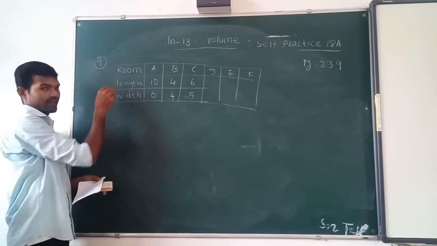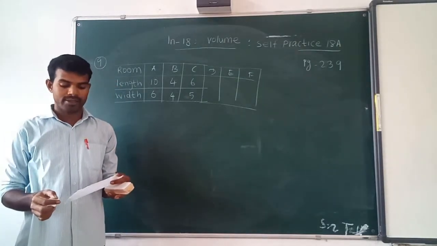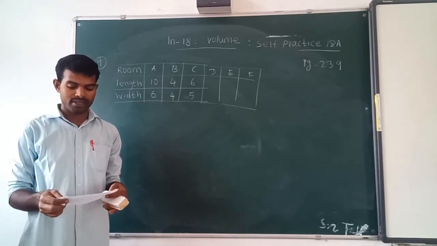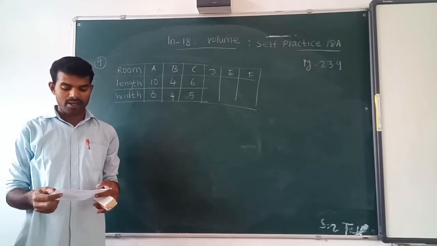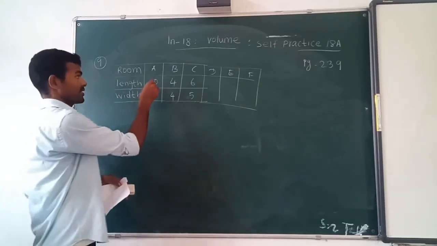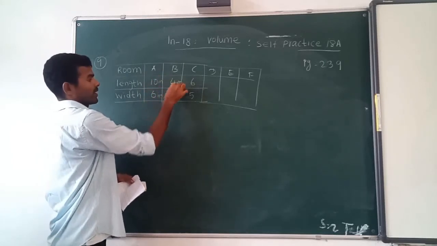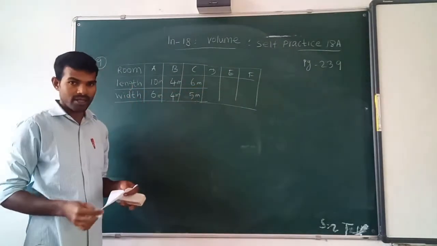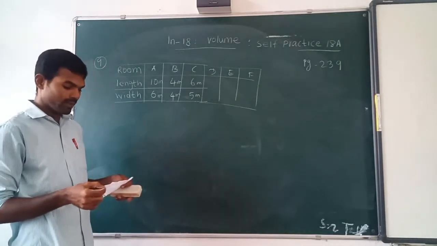In question 9, calculate the volume of air in a 6-room house if the height of each room is 3 meters and the length and width of the rooms in meters are as given in the following table. Yes, they are given here. Everything is in meters: 10 meters, 6 meters, 4. Length and width are given, and the height is also given. Height is 3 meters.